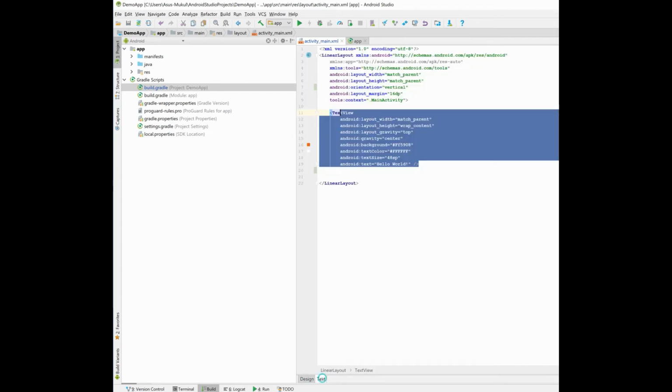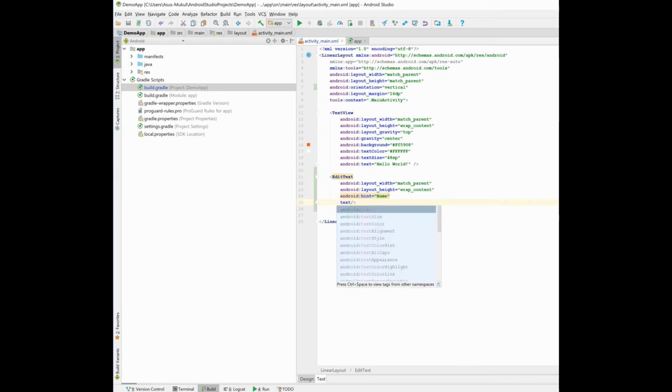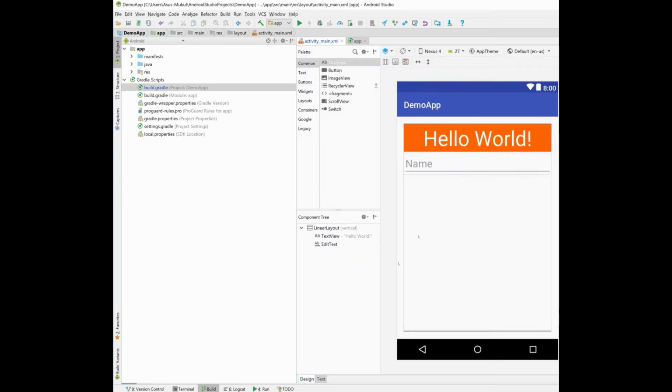If you want to make some changes to it, let's say you want to add an edit text, I'll quickly type it out for you. I'm just going to give a hint of name, and also let's change the text size to 24 sp. Let's see the changes. So our edit text is here. Now I'm going to save it, and if I want to add these changes to one of the branches that you're working on, for that,